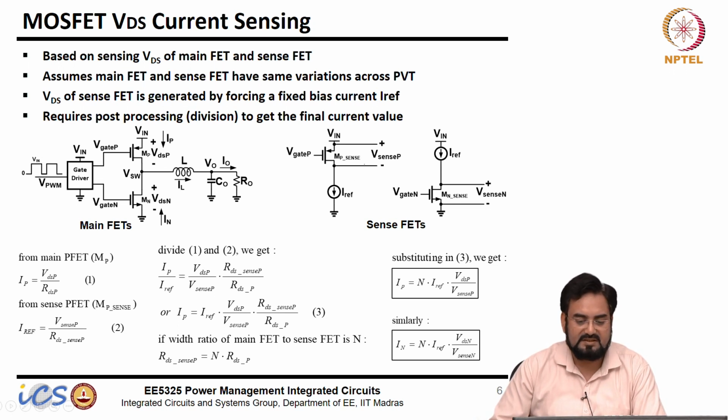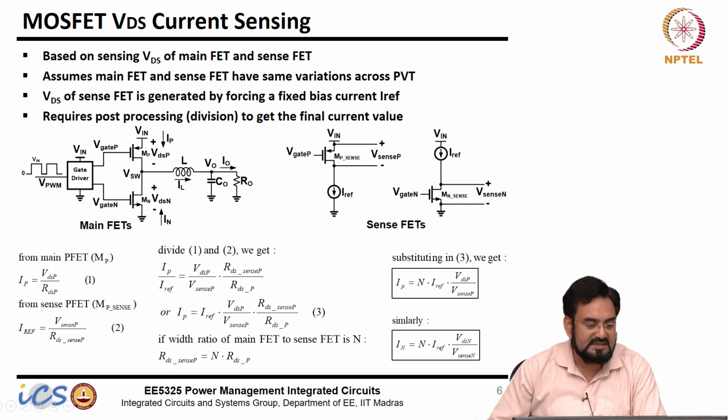So this voltage is fixed, which I called V sense, but this voltage may vary. Let's say RDS on is fixed, then I load will change this VDS, correct? So if I sense this VDS and take the ratio of the two, that will give me the load current. So IREF multiplied by the ratio of these two voltages will give me the load current.